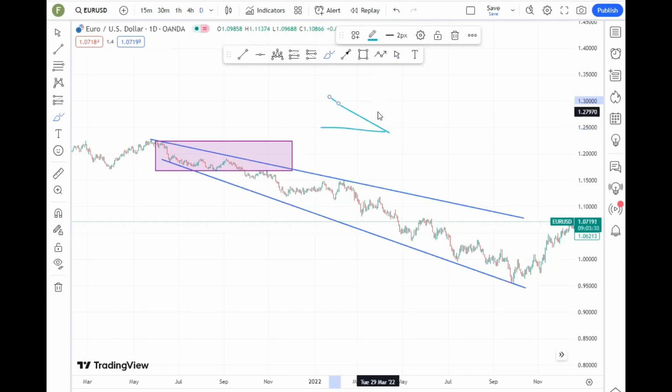We can clearly see that we have an expanding triangle, which represents that the market has been in a squeezed position whereby it had no